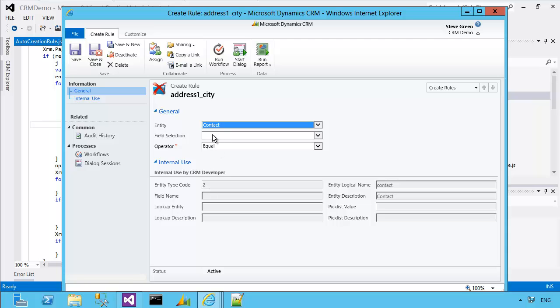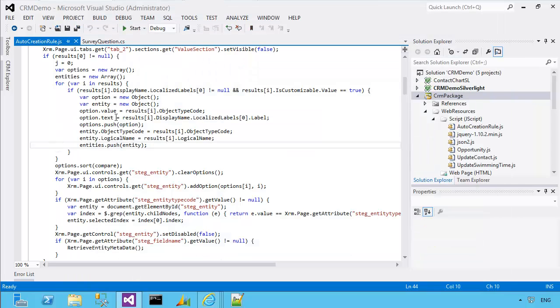for the contact entity. So it's just a way of me storing these, but at the moment I'm storing them into an array. So I iterate through all the results, take the value and the text, and push them into this options array. That's what that pushes. It's like a .add in C#. Also into this entities array, that's the global one, I'm also storing this object type code. And obviously because options is going to be targeting the pick list, it has to have this lowercase .value and .text